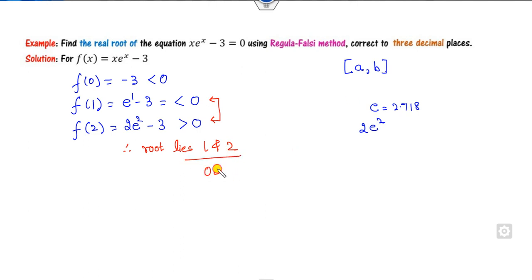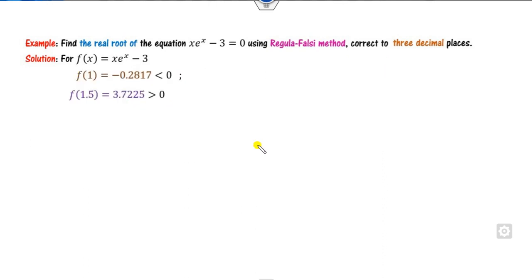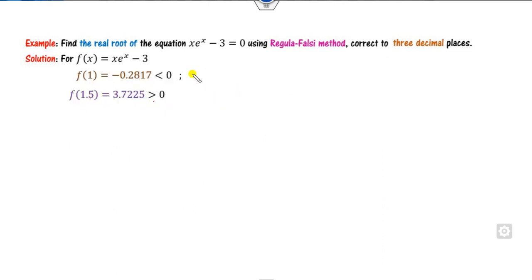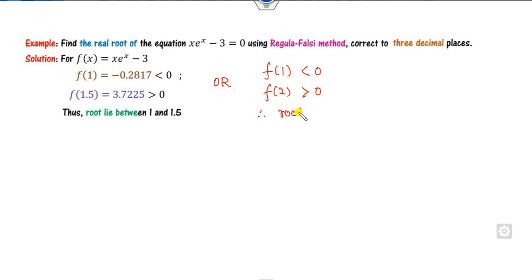You can also say the root lies between 0 and 2 because one is negative, one is positive, but the length is very large. You can see the length is 2, but here the length is 1. Always take as small a length as you can. Like here, you can see f of 2 is positive. You can check in between them also so that your calculation will be less. So I can see f of 1.5 is greater than 0. So it means the root lies between 1 and 1.5. Remember, you can also check like this, f of 1 is negative, f of 2 is greater than 0. So you can also see the root lies between